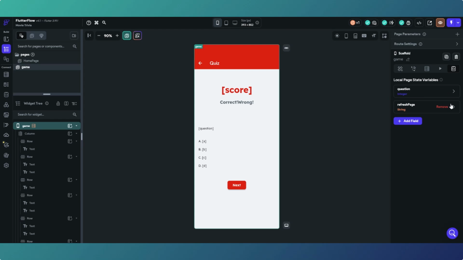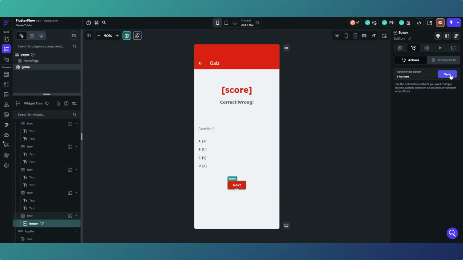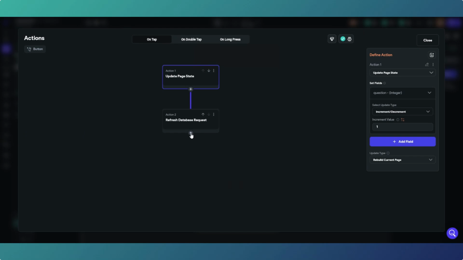What this does, and it doesn't work in every situation, but it should work in this one, when we refresh the value of this, what will happen is it will refresh the view based on the new information that the page has got. So if we go back into our next button, go back into the action editor,